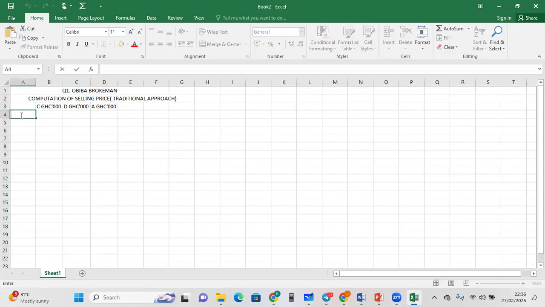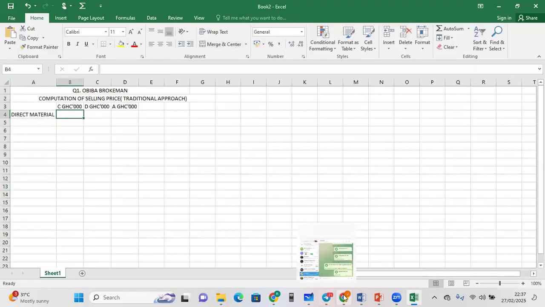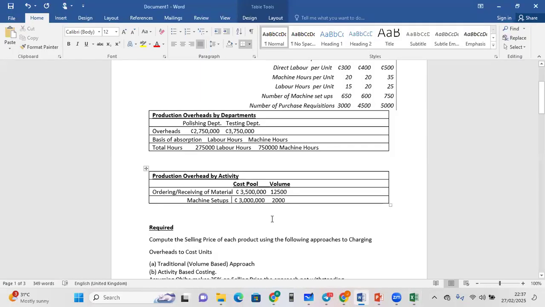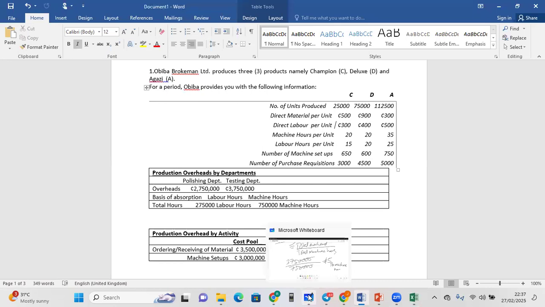All right, so let's begin. So if we want to compute the cost of a particular product, we start with what? The direct or the prime cost, right? So we start with direct material. So the direct material cost, the total units produced here is what? 25,000. The cost per unit here is what? 500. So we want to get